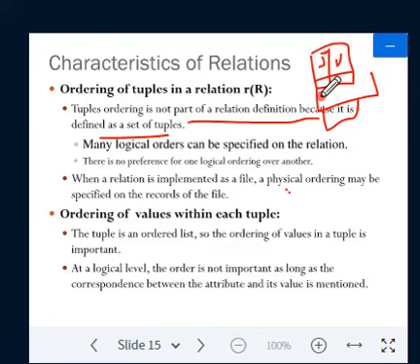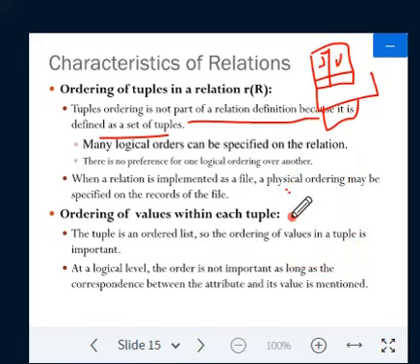So there is no particular ordering of values within the tuple, but there is some way to describe the tuple.